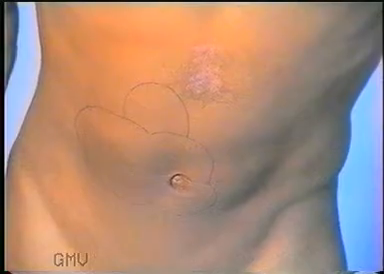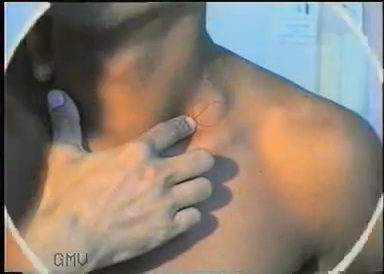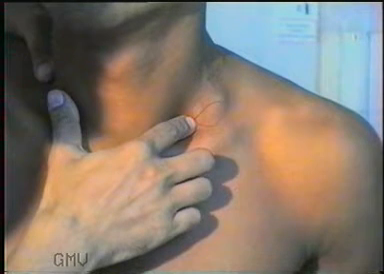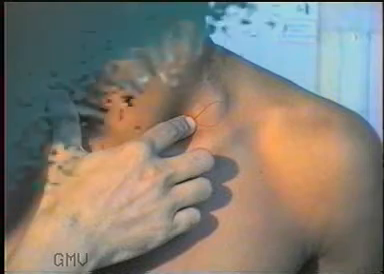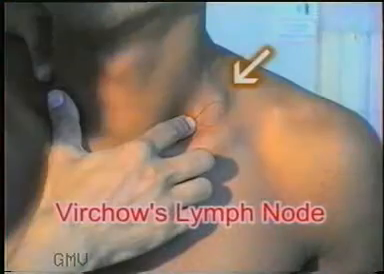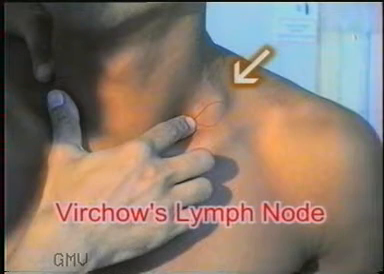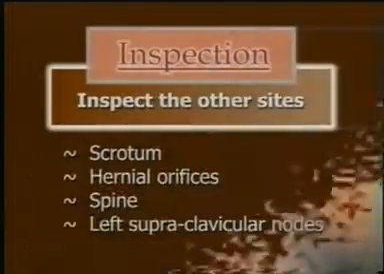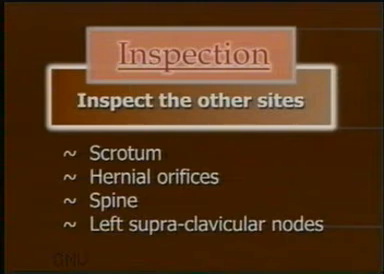Lastly, inspect the left supraclavicular region for a swelling due to enlarged lymph nodes. Left supraclavicular lymph nodes can be enlarged due to secondary deposits from the malignancy of stomach, colon or testis, termed as the Troisier sign. And the enlarged left supraclavicular lymph nodes are termed as the Virchow's nodes. This completes the inspection. Remember to inspect the 4 sides out of the abdomen: scrotum, hernial orifices, spine, and the